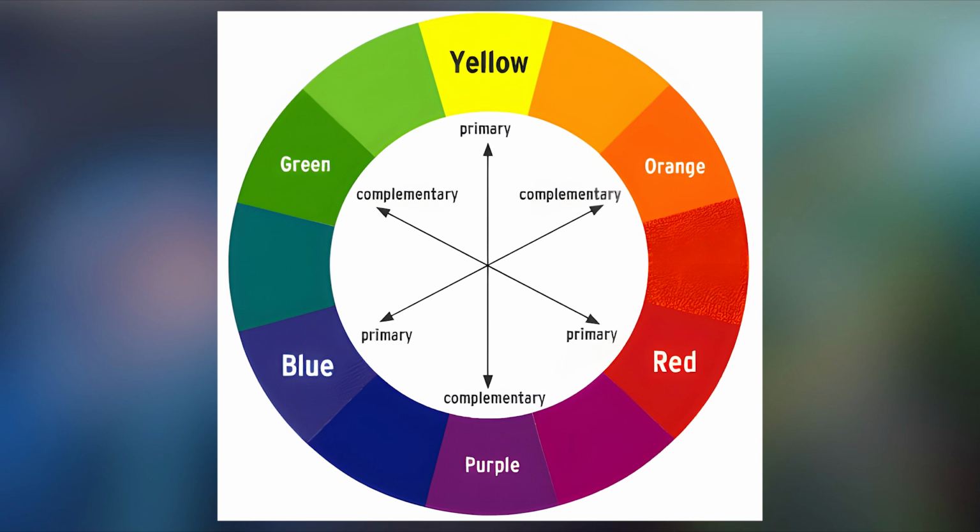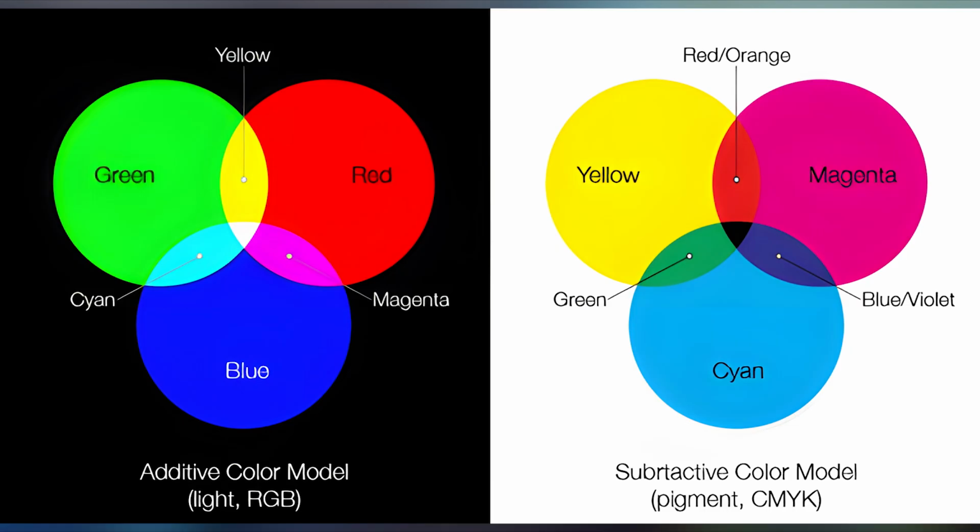There are two sets of primary colors. So within each given set of primary colors, you can produce all of the other colors by mixing them in various combinations. But why are there two sets, you might ask? Well, it depends on whether you're talking about subtractive colors or additive colors. What does that mean? Well, if you're talking about paint, for example, the way paint works is a subtractive process,